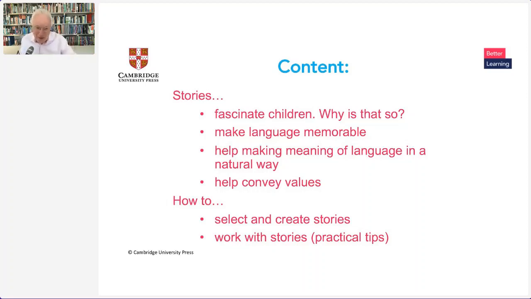They would understand you better if you spoke their mother tongue. So stories, in a way, are a very natural means of getting learners to make meaning of the new language they're learning.